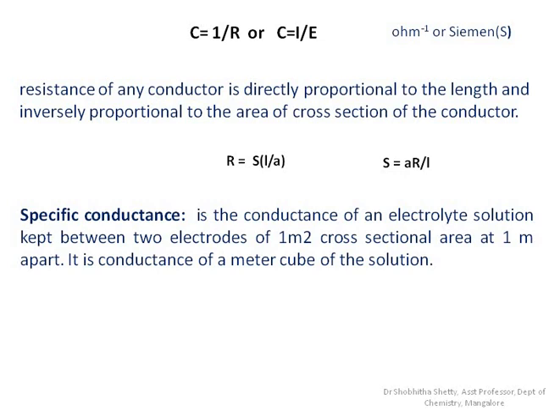Specific conductance is nothing but conductivity, which is the reciprocal of specific resistance. So K is equal to 1 by S. The SI unit of specific conductance is always expressed in terms of Siemens per meter square, and we are all familiar